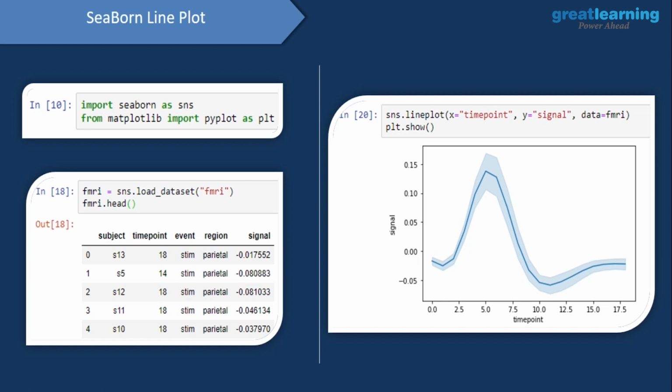Now, out of all of these columns, I'd want to make a line plot between the timepoint column and the signal column. To make a line plot with the help of this Seaborn library, since I've given the alias for Seaborn as sns, I'll type in sns.lineplot, and onto the x-axis I am mapping the timepoint column, and onto the y-axis I am mapping the signal column. And then I'll have a new attribute called data. So basically I am building this line plot on top of this fMRI dataset, and then I go ahead and show out this line plot.